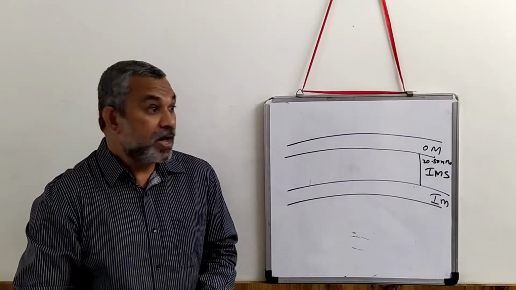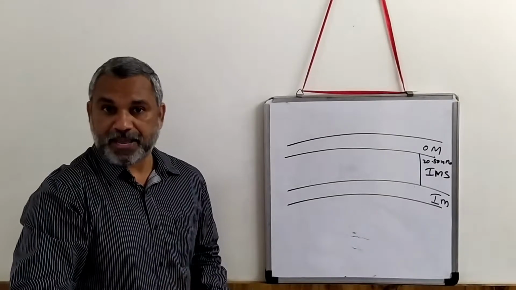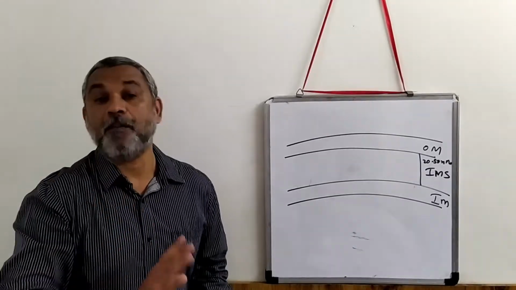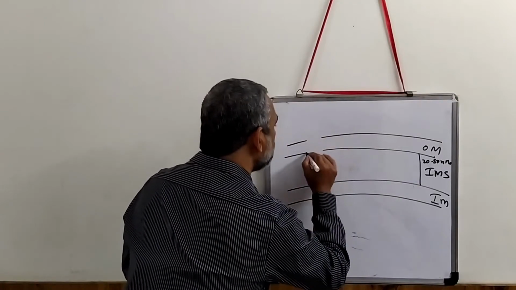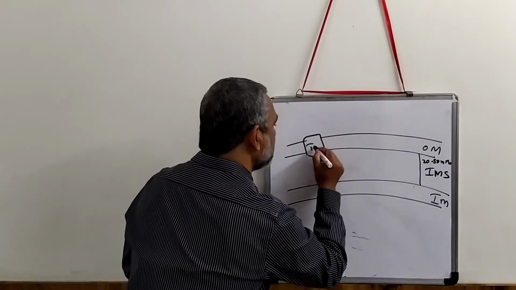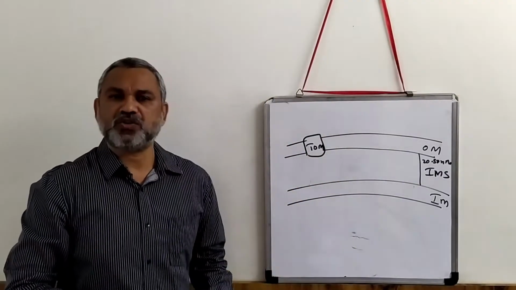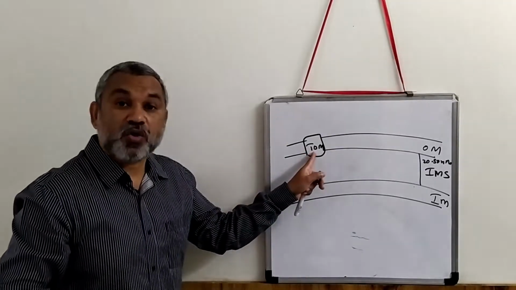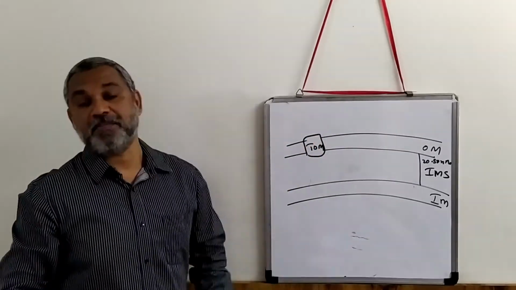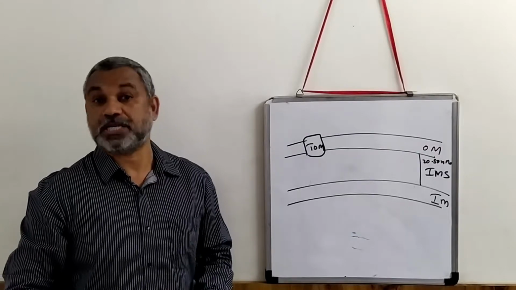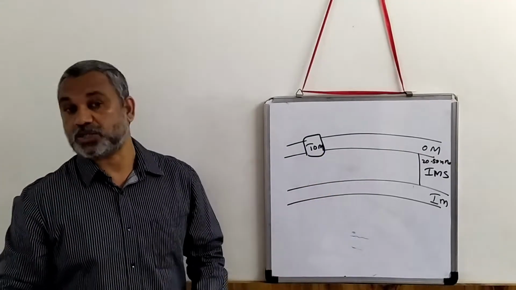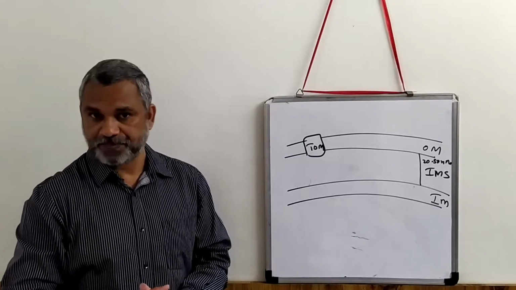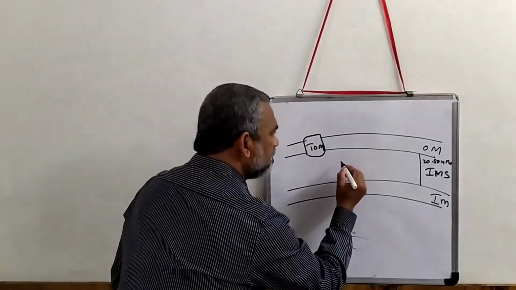Now on the outer membrane there is a protein complex, and we shall call it the TOM complex. TOM stands for translocon outer membrane. It's a complex; there are many proteins associated with this. Two important proteins which are present here: